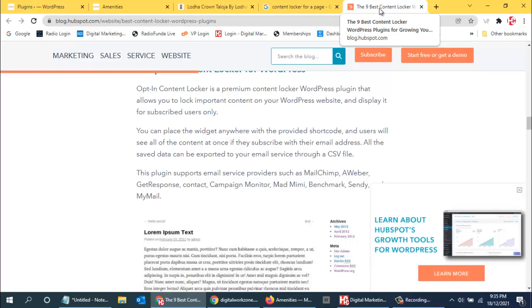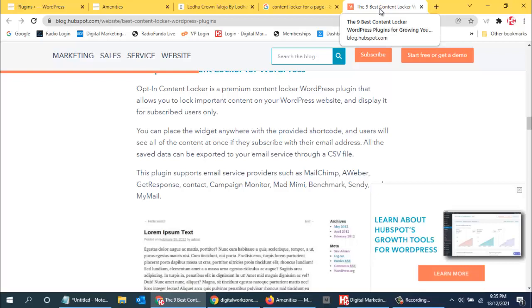But since these are ready-made options for creating a website, we have to depend on plugins unless you are a programmer. Programmers can do the coding part and then implement it. So the background will get blurred and the option with the lead generation form comes up. So yes, this is one of the options I mentioned, that you can use a content locker on your website.